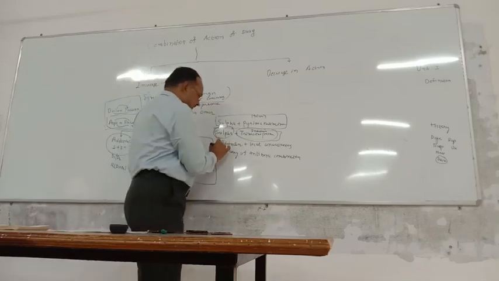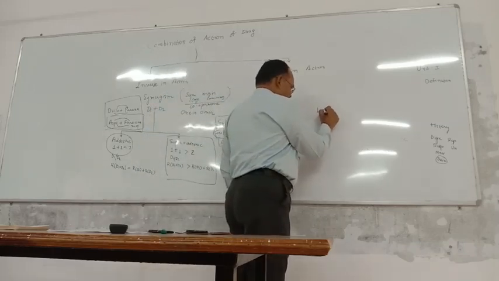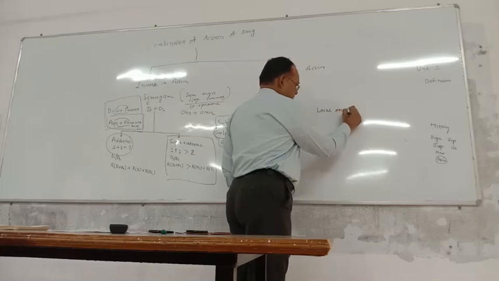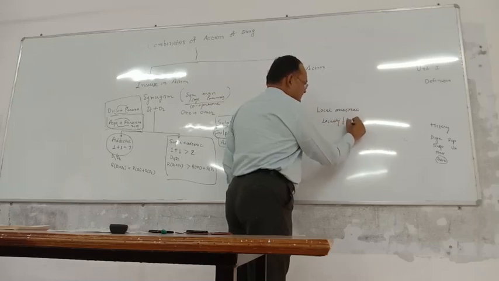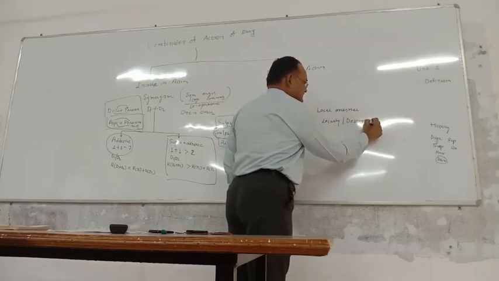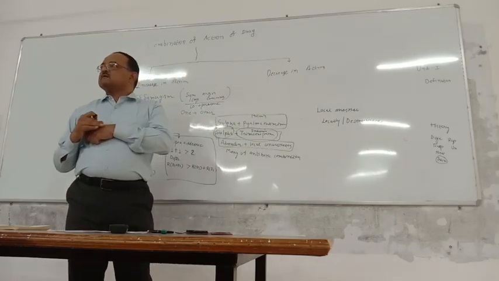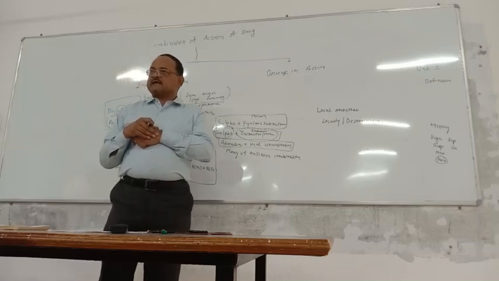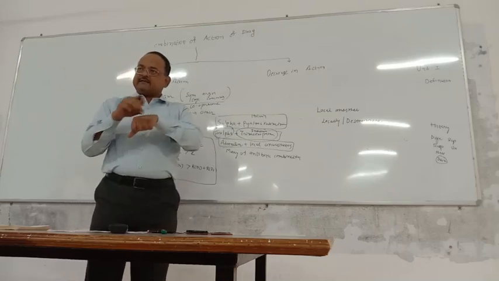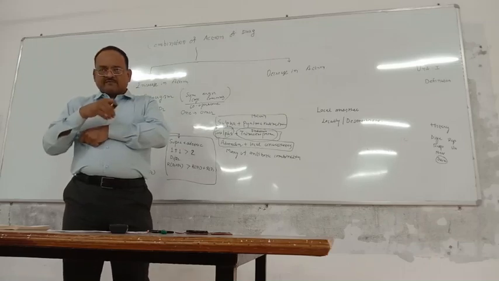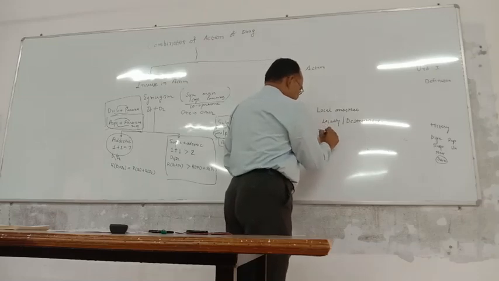Then this adrenaline and local anesthetic. Now let us see this example. Local anesthetic is given locally for what? For desensitization. They want to operate on the superficial part of the skin. A small tumor is there or a small abscess is there. Then we are not going for general anesthesia. We are injecting the local anesthetic in this area, so it will get desensitized. We will operate on it. Now, if you add adrenaline, what will happen?